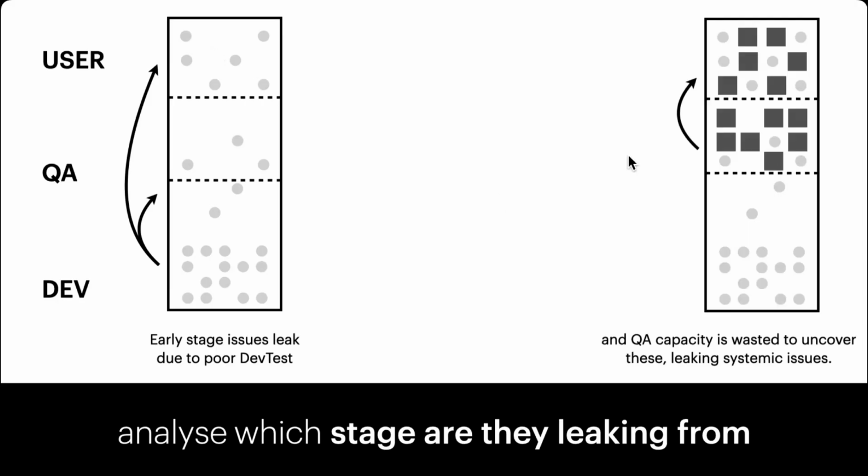Remember here that as a QA, I am focused on finding slightly different kinds of issues which are more system oriented. If these are represented by squares, maybe I find some, maybe I miss some, and maybe I'm missing some because I am doing certain tests which sound like a developer test, and therefore I found some of these round ones, but that's not my job. And therefore, maybe I'm wasting certain QA capacity in looking also for issues that should have been found earlier, and therefore I'm missing some of these issues that I should be finding, and that's a pain, right?